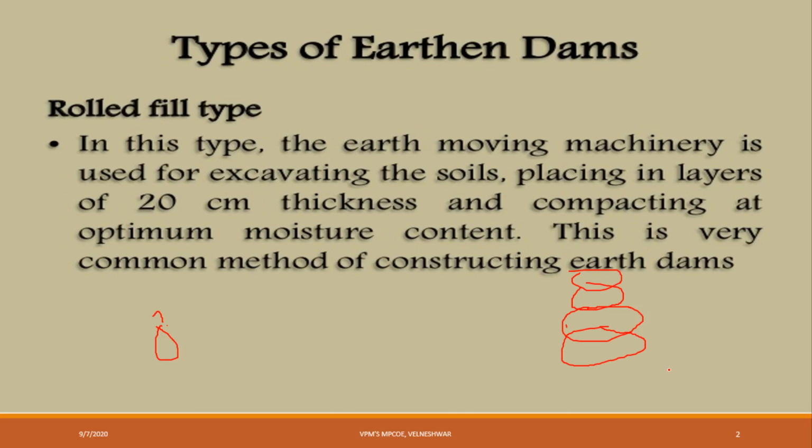And at what moisture will we compact? Compacting at optimum moisture content. What is optimum moisture content? See here, this point is nothing but the optimum moisture content.